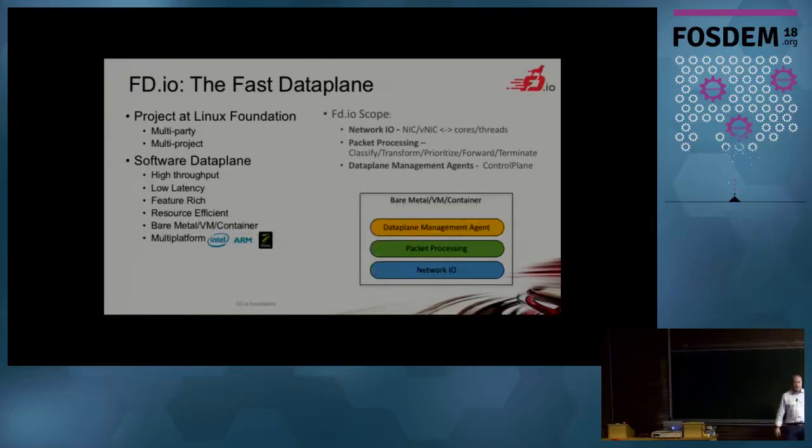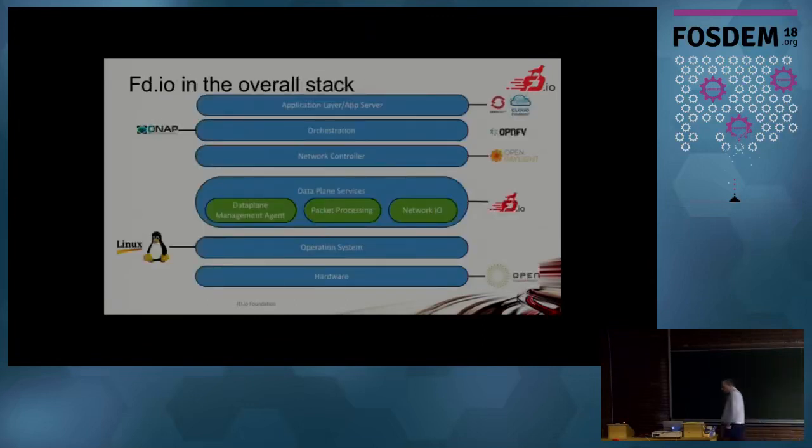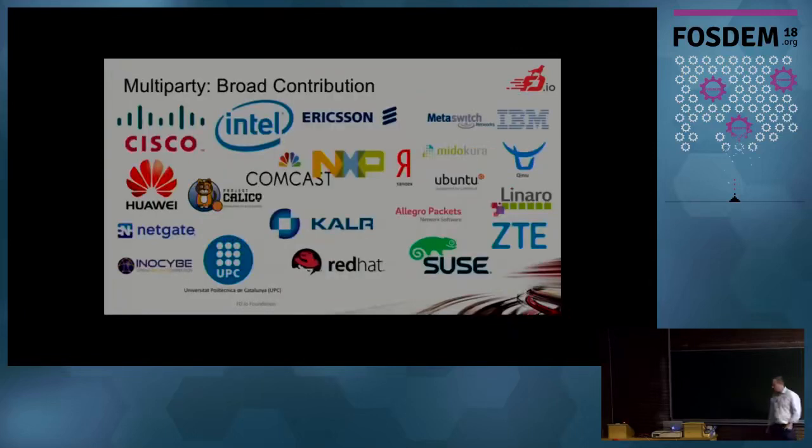Usually it works on DPDK, but you have other packet IOs on top of which it can sit. And this project sits here in the stack. So this morning, Charles was talking about Open Daylight, which is here. I guess later in the day there will be a presentation about OPNFV. So VPP is really low layer, right? The thing reading packets, forwarding packets, and the thing which needs to be really, really fast.